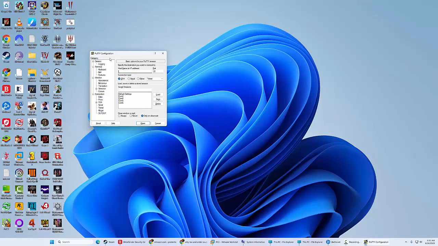All right, now, our first thing here is our session. That is where we get to choose what we want to do: either Serial, which will be our COM ports, SSH, or Other, which would be like Telnet, or Rlogin, which we're never going to use, or Raw, which we're never going to use, or bare SSH connection. I've never had to use any of these besides Telnet, but I've used Telnet, Serial, and SSH.